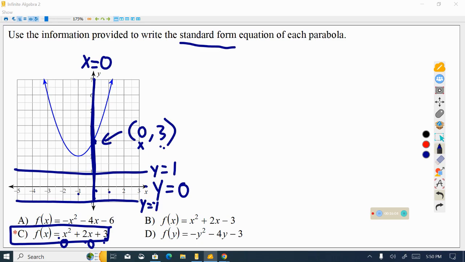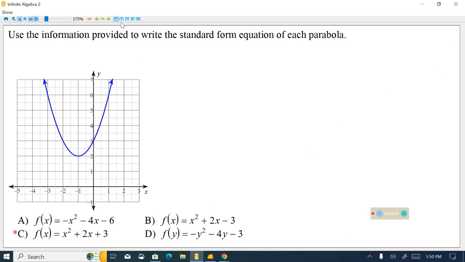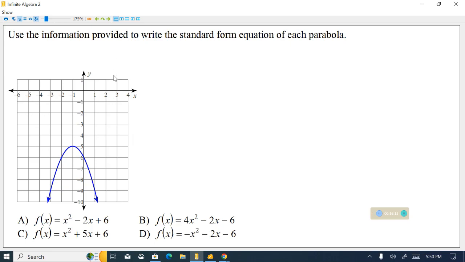So keep that in mind as we're graphing, that the coordinate plane is built a specific way. So now, take a choice what you think the answer is. I hope you made a choice, and let's take a look at the answer,